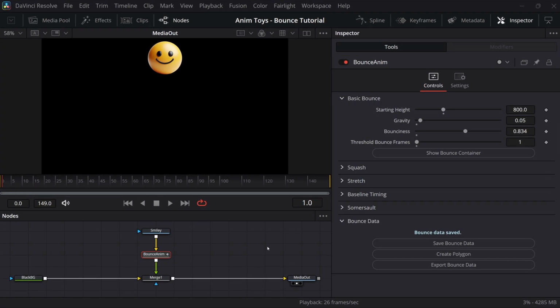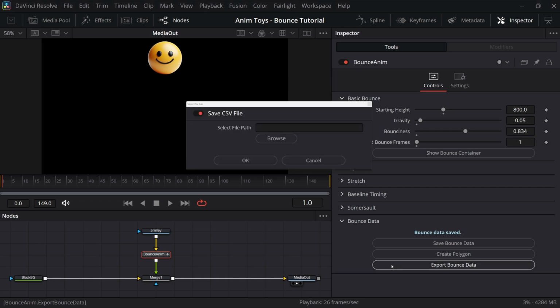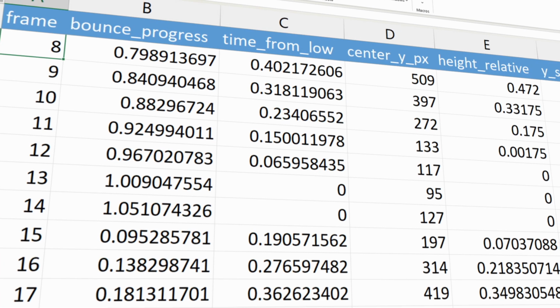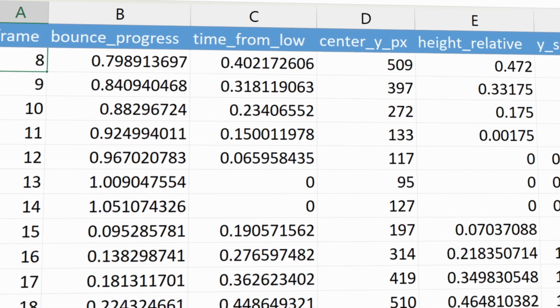You can also export the bounce data. To do this, click the Export Bounce Data button. Enter the path of the file you want to save. Make sure to enter the full path with the file name, ending in .csv. Click OK, and a CSV file will be created that will allow you to use the data in any other